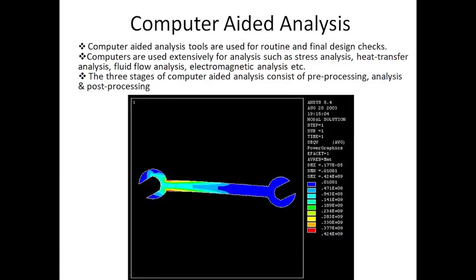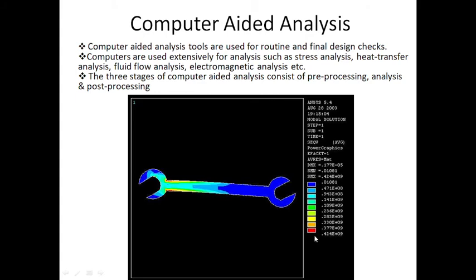Computer aided analysis tools are used for routine and final design checks. For example, you are seeing this spanner. With the help of computer aided analysis tools, you can apply the conditions under which it is going to work, and with the help of simulation you can find out that there are some areas where the stresses are going to be very high, and the exact value is being given here